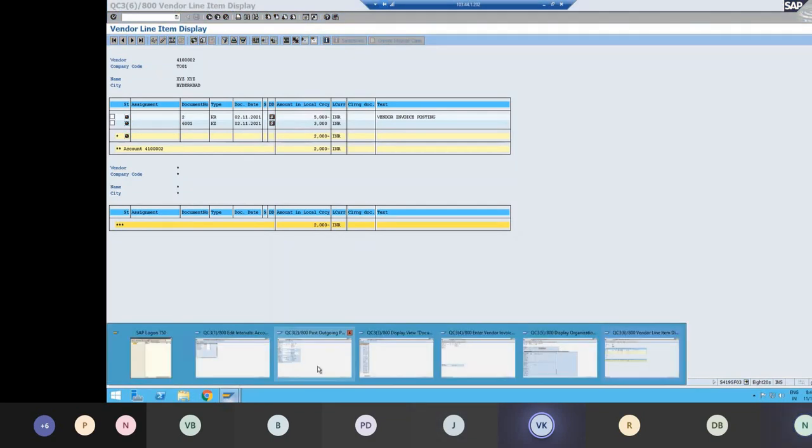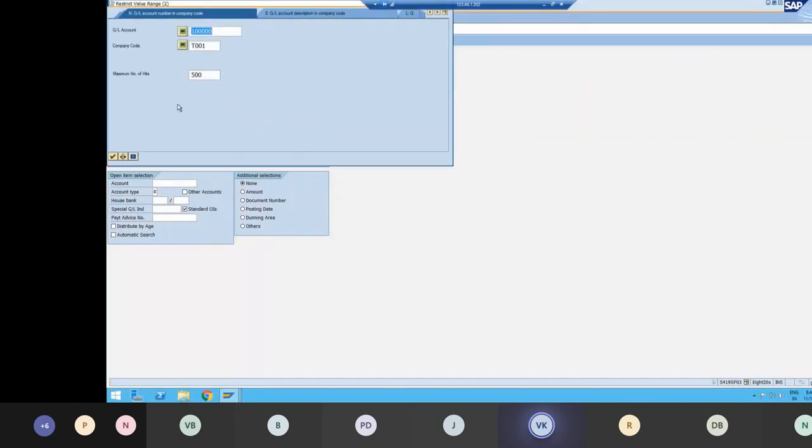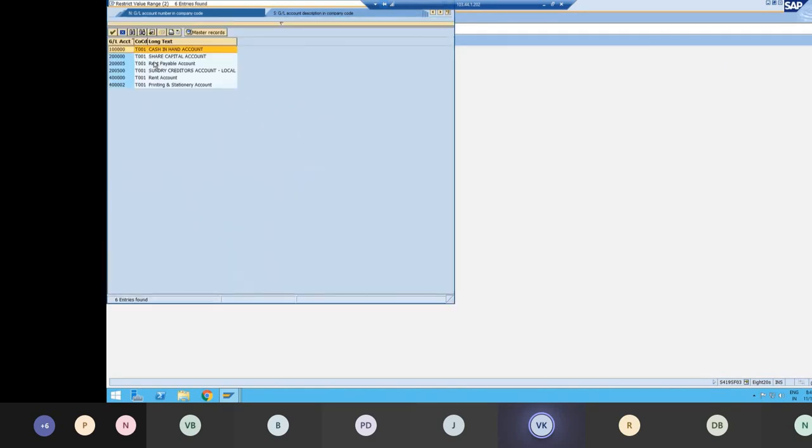It's again the same transaction code F-53. I'll use the same date. 1,000 as my GL. Why I'm using 1,000, because if I go here, press enter, I want to make a payment through this cash GL account.